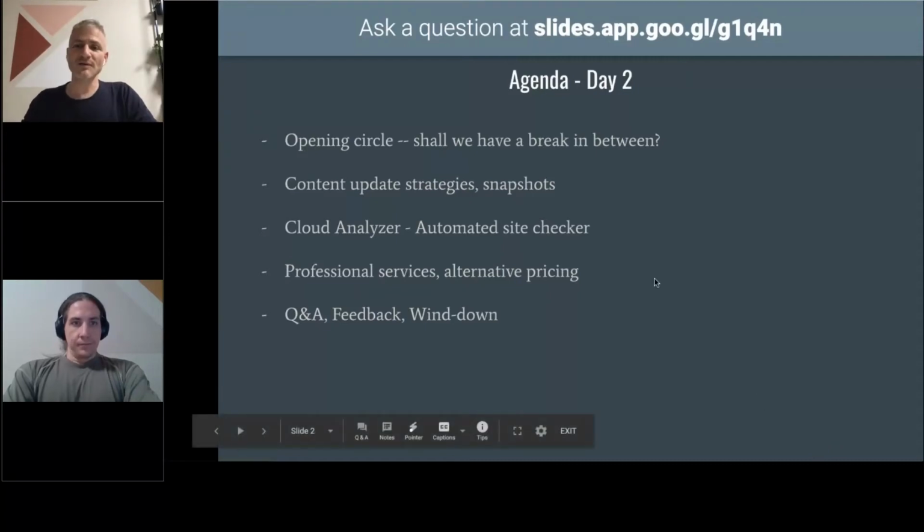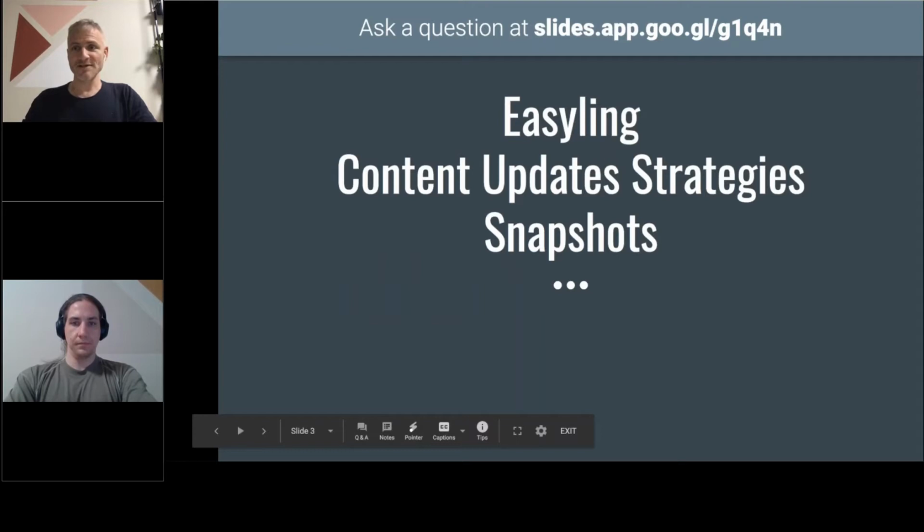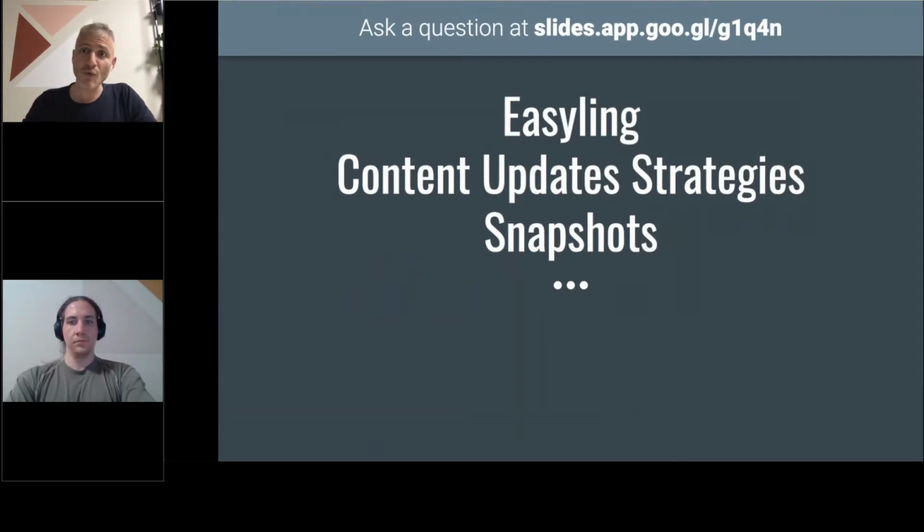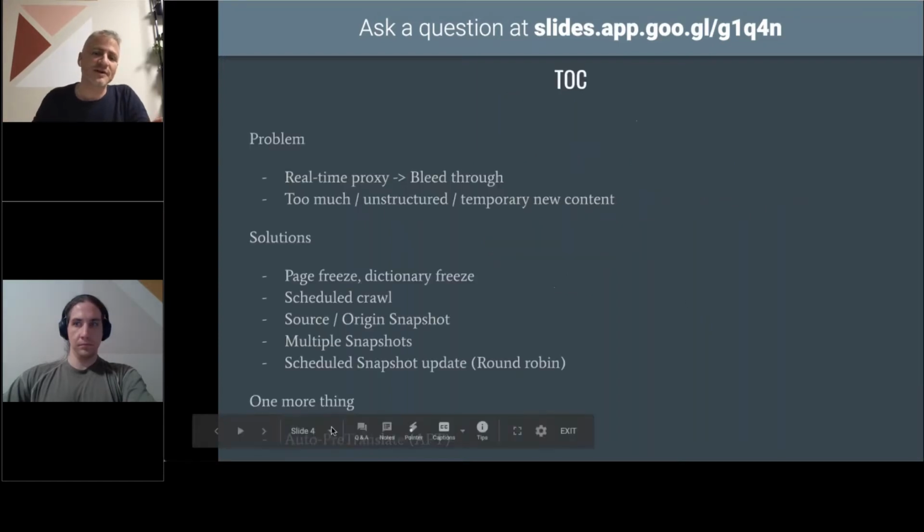So basically what we learned yesterday is that it's always great to hear more on this evergreen topic of content update strategies and eventually the snapshots. So the whole idea behind it, and where we see that this can be really helpful, is that